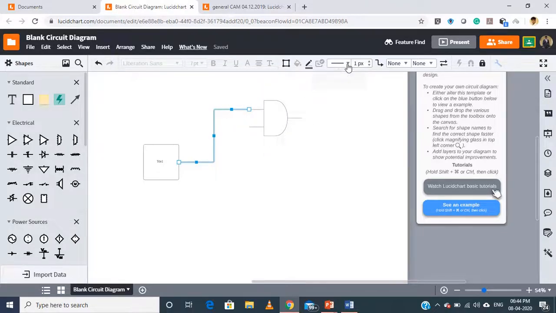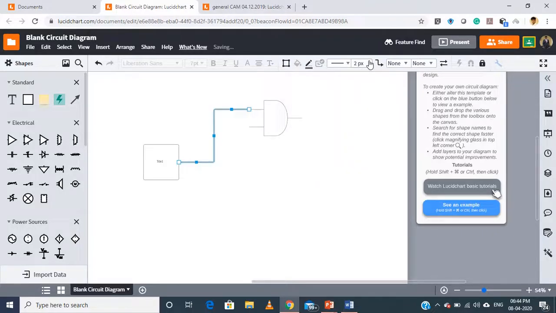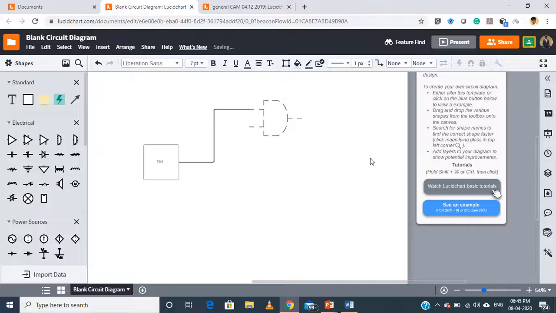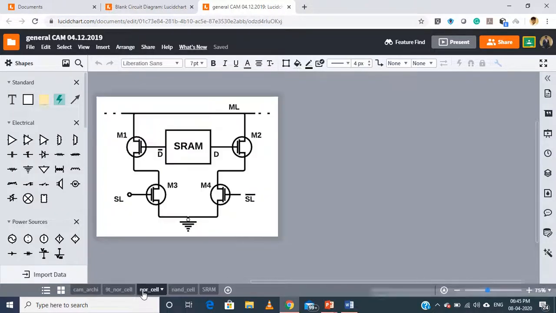Here you can select the line formats, and you can set the darkness of the line also. Similarly for the blocks, you can set the darkness and how you want it. So this is a very easy and efficient way to create your images. I can show some of the circuits which I have created through this Lucidchart. These are all the things I have created.